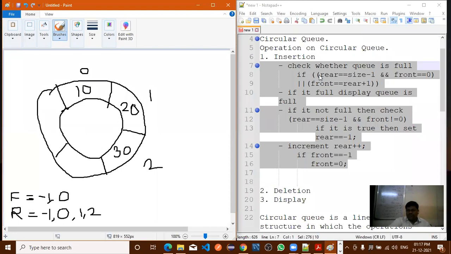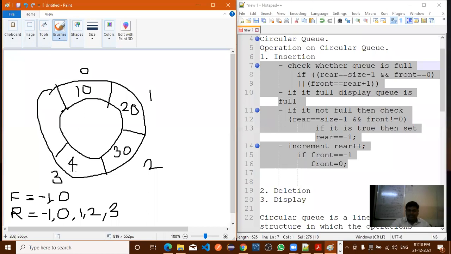Now the next element I want to insert. Is the condition true or false? False. Here, false. Here, true. Here rear plus, here we are incrementing rear, not checking the condition. Here we are directly incrementing the rear pointer. For what purpose are we checking the condition? For the front pointer. Now here the rear pointer we are directly incrementing by 1. It will become 3.